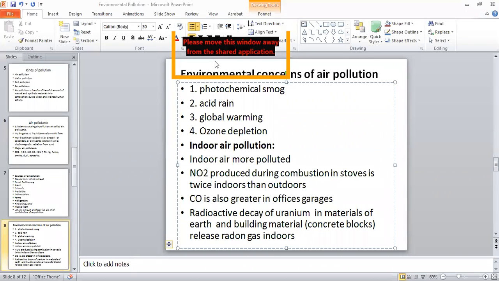But if it is present in the troposphere, which is the layer of the atmosphere right in contact with the earth's surface, and this is the part of the atmosphere where we are surviving, in which we breathe. So if it is present in the troposphere, it is dangerous, it is a pollutant. And above the troposphere, at about the height of 10 kilometers, this is the stratosphere. If it is in the stratosphere, then it will be acting as a shield and it will be preventing UV radiations from reaching the earth.